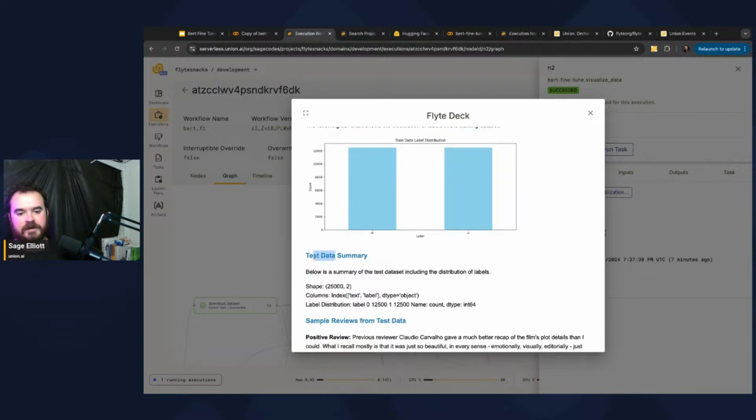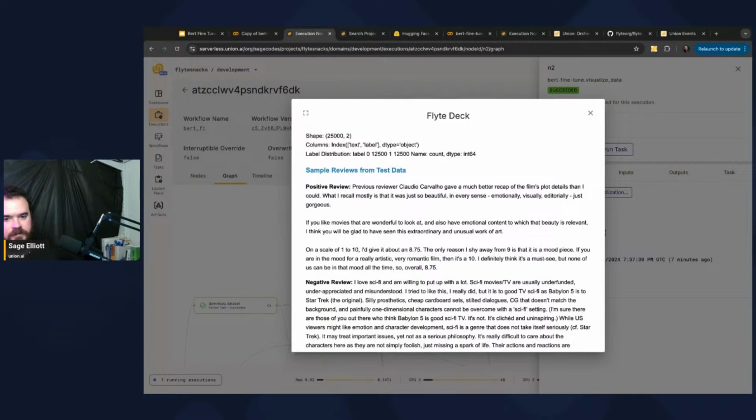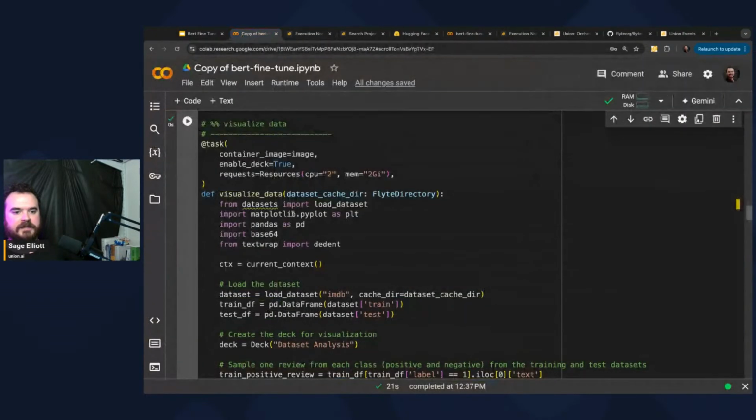And then we do the same thing for a test data set. Again, evenly distributed between all of them, but we have examples here. So kind of cool to log everything in your workflow, like the data that was being used here. So in our task here, visualize data,